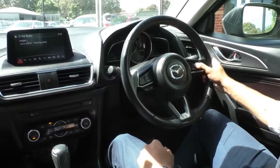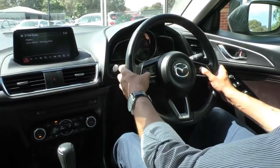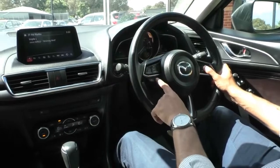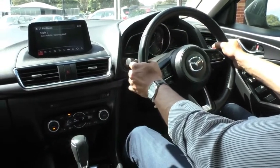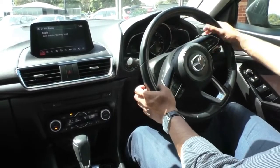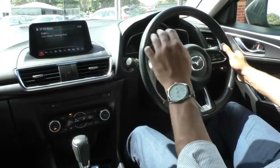On the right hand side of the steering wheel is your cruise control settings, and the left hand side are your media controls, so volume, seek options, and also your call and reject for your Bluetooth connectivity. Now the car, if you notice, has some paddle shifts behind the steering wheel, very small paddles, but they are mounted to the steering wheel, so positive on the right, negative on the left,